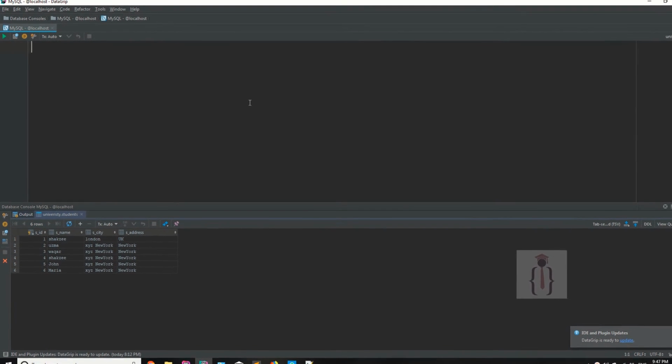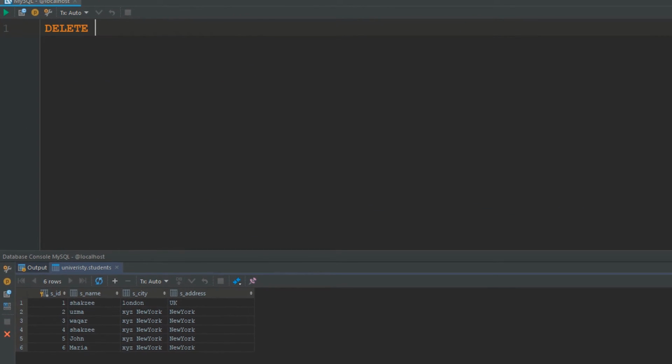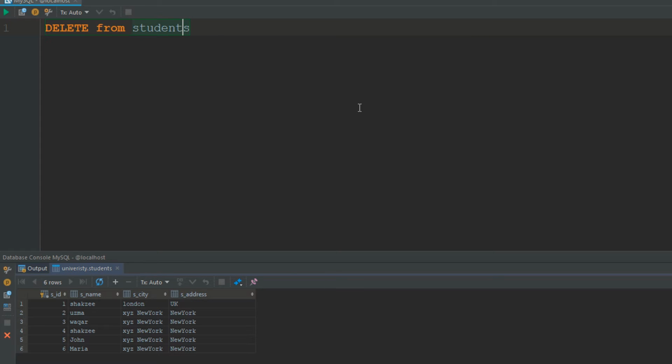This is the syntax. You have to use the delete keyword. Which table? From students. You are saying, I'm going to delete something from the table. Something means a row.